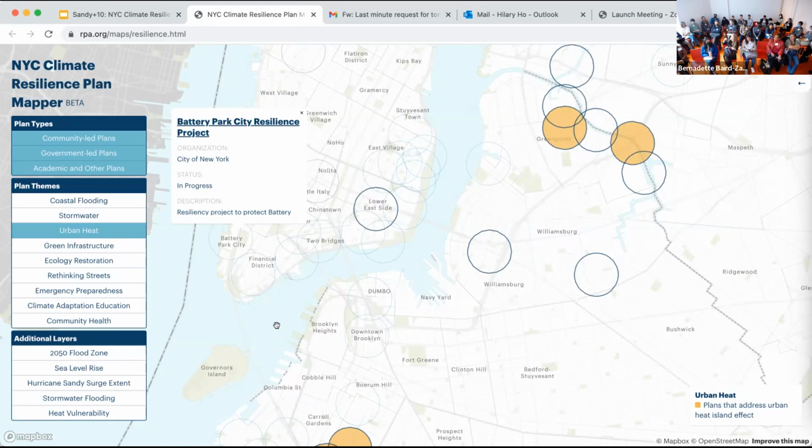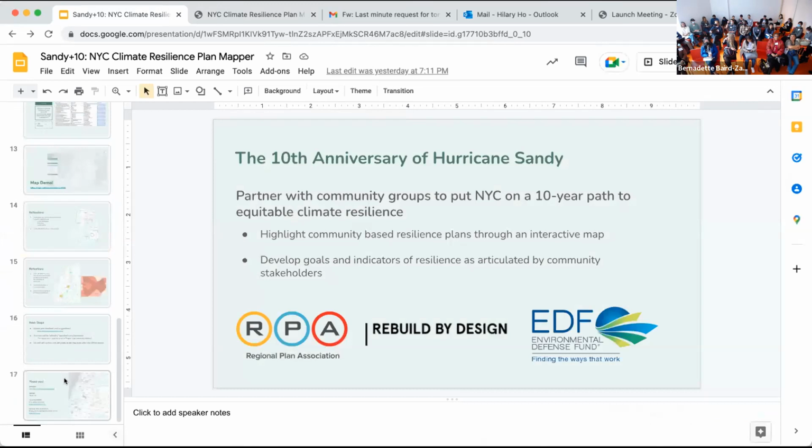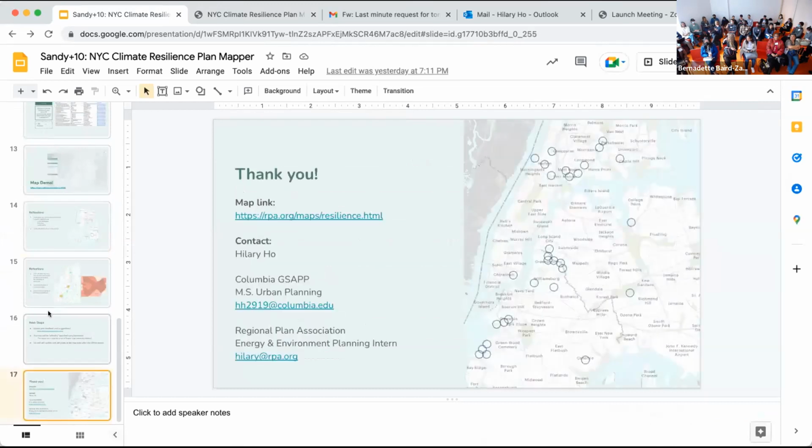No, it's not showing up when searching on phones. There's a URL, it's hosted on RPA's website, but there's a URL that you can get there. I think it's NYC Resilience Map. Is this link not working for you? Let me put up the link again. It works on iPad. Right now it's not mobile compatible because the nature of the map doesn't lend itself well to a mobile interface, but you can try this link again. Hopefully it works.